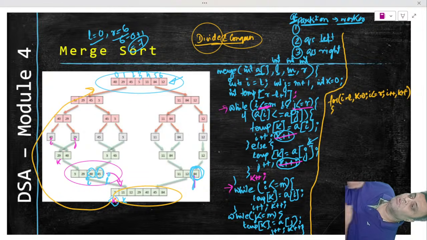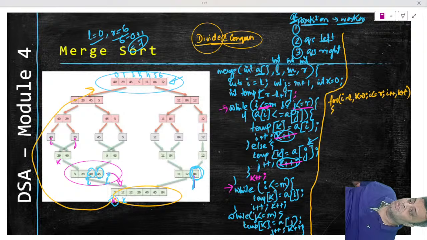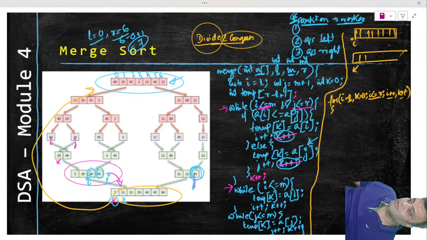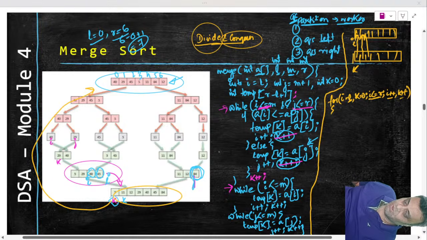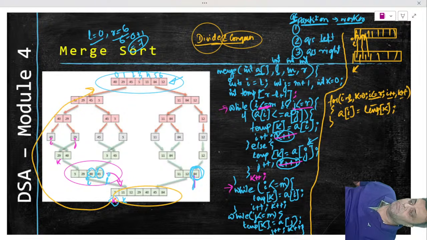So we will run a loop where we will position I at the lower bound, and we will take I till the upper bound, right? And we will increase I and K. So there are two arrays like this. One of the arrays is governed by I, one of the arrays is governed by K. So we will take this element, put it here, increase both. Take the element, put it here, increase both. Take the element, put it here, increase both. That is what we are doing here, right? So we will say A of I is equal to temp of K. That way the entire temp gets copied into A of I.